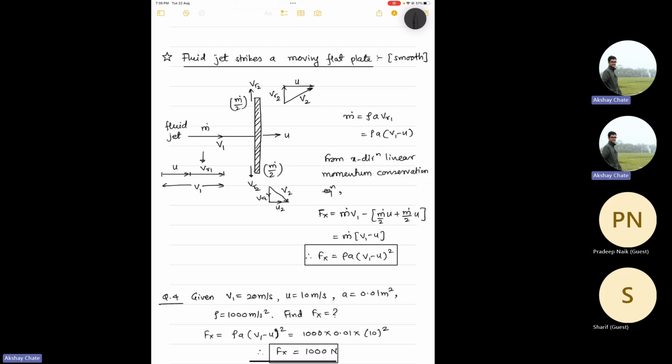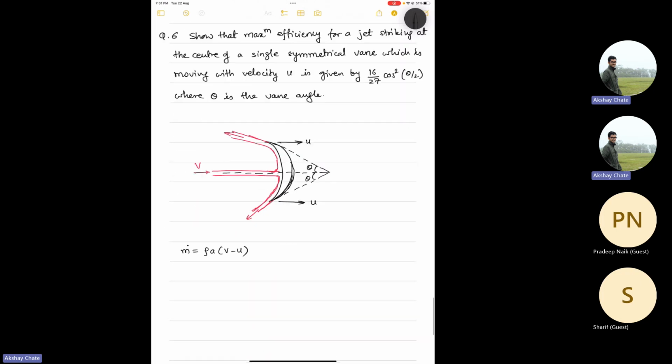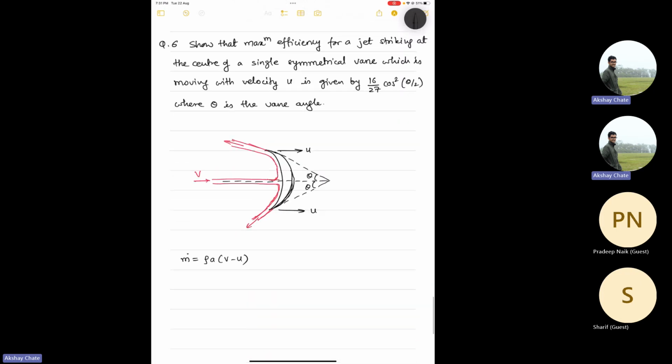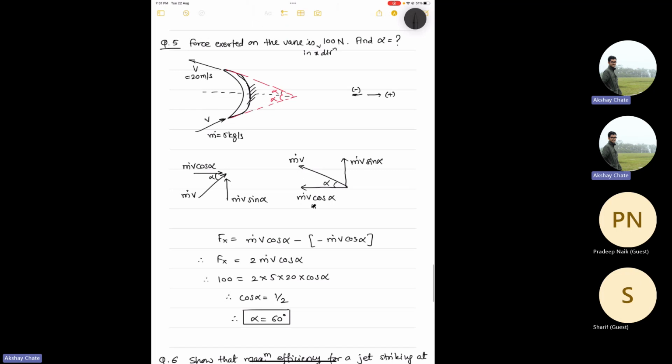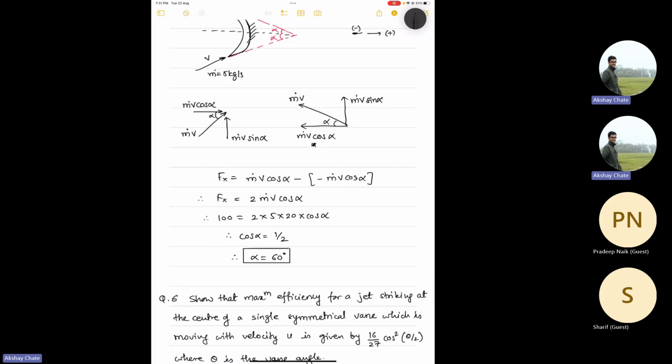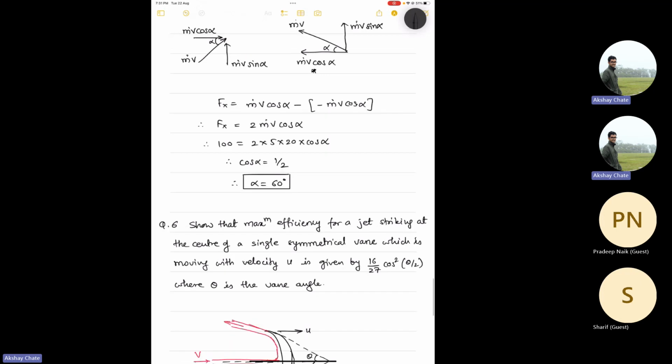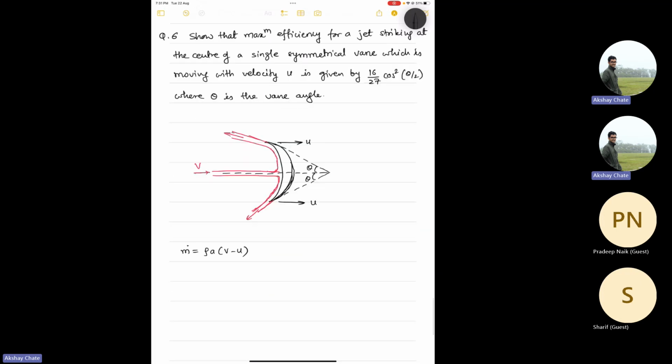But there all the forces were in the x direction. In this case there is a slight change because now we have angle theta and all. So you can go back and see this case, right? Here also it was theta. So essentially in the end what we got was, first term, if I write, this is from